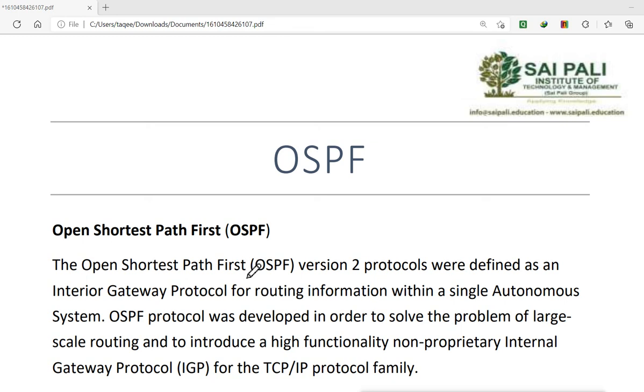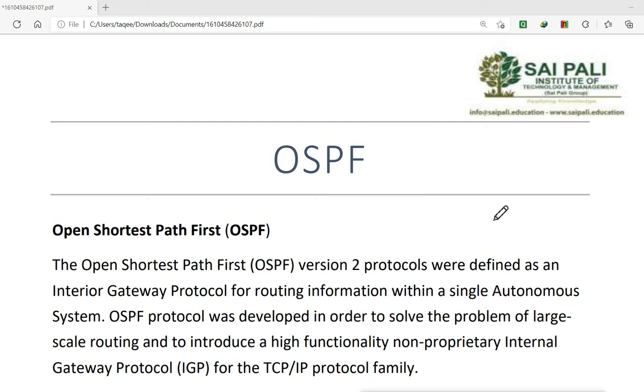OSPF means Open Shortest Path First, and version 2 of the protocol was defined as an interior gateway protocol for routing information within a single autonomous system. An autonomous system is your routing domain, a domain owned by a single entity or organization.